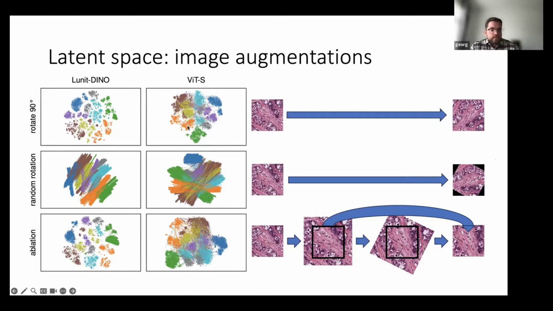So what we looked at here is the visualization for rotating by 90-degree angle. And you can see for Lunedino, there's almost no lines basically, because there are basically no jumps or very small jumps in latent space. However, for the ImageNet baseline, you can see some jumps. For the random rotation, you see this